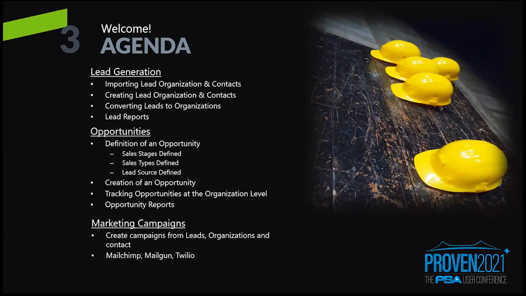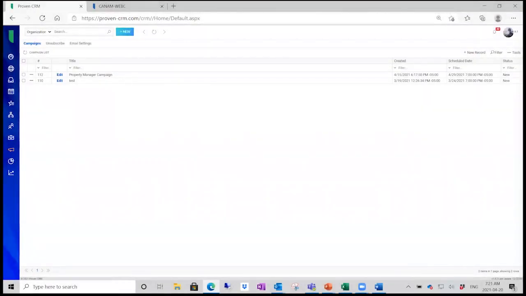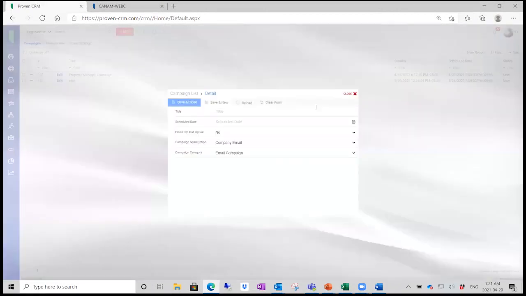So now that we've discussed opportunities, let's take a quick look at marketing campaigns. I'm going to create a campaign, and I'm going to talk about our integrations with MailChimp, Mailgun, and Twilio. Inside the marketing campaign module, we'll have a list of all of our campaigns created. To create a new campaign, click on the plus new record, create your title. When we want this campaign to go out,